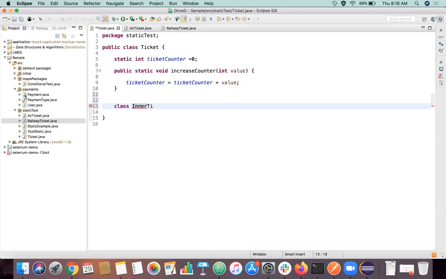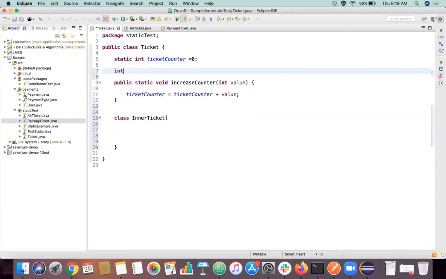So you can see this, we already created a class here, but we can go and create one more class inside this class itself, right? And this particular class has all the access to all the variables we declare outside here. Let's say some variable int a is equal to age, something like this.